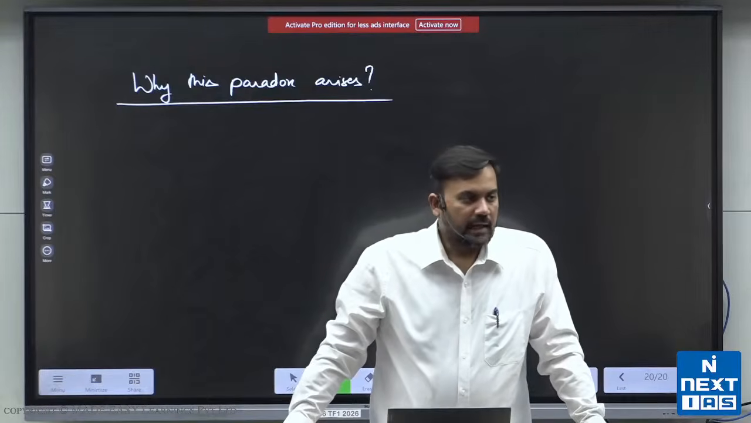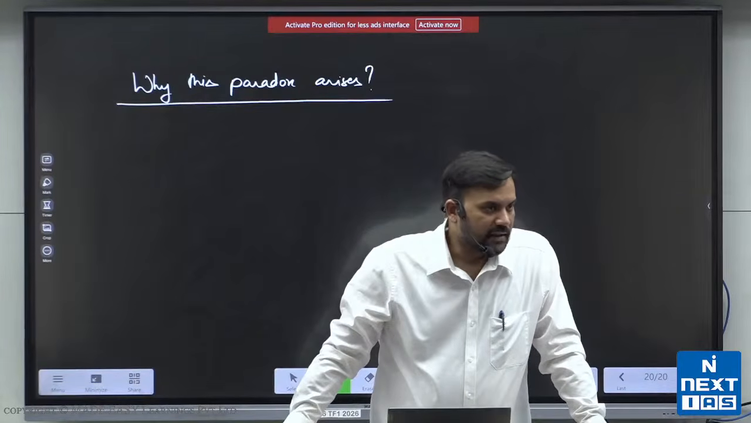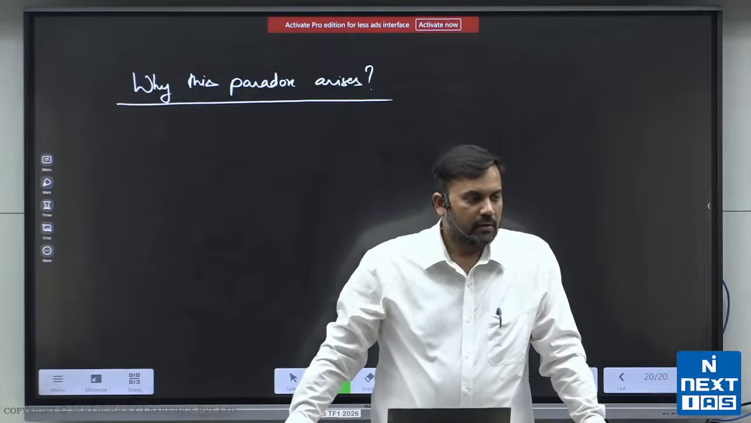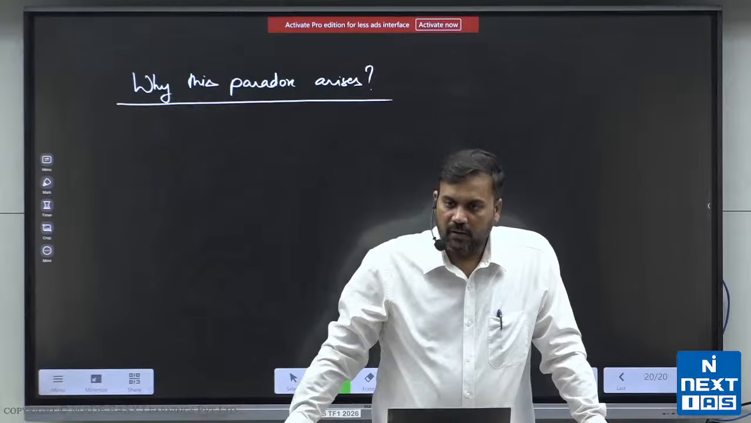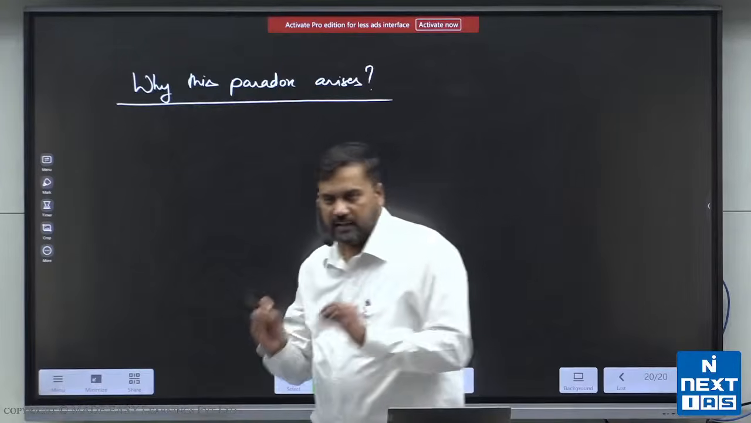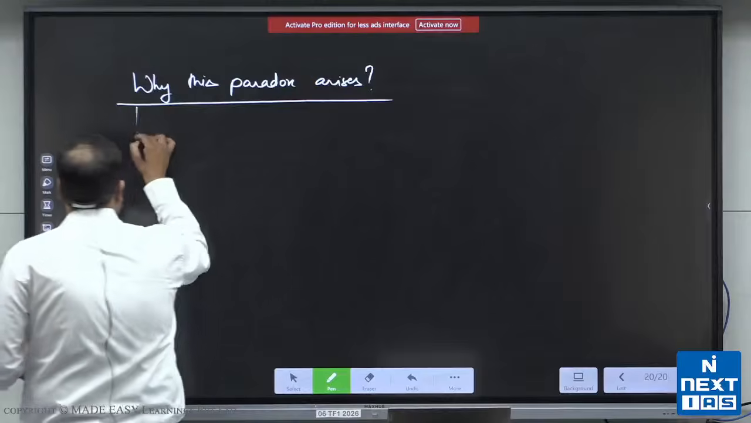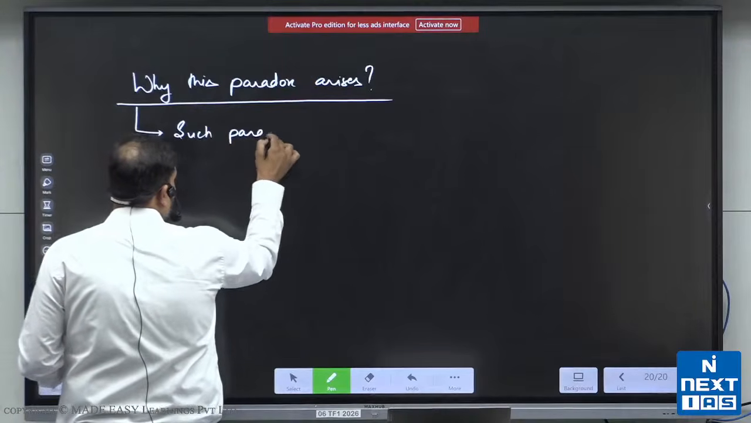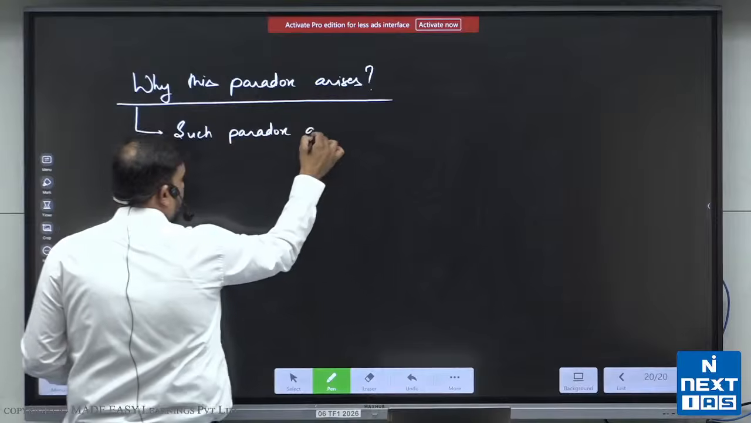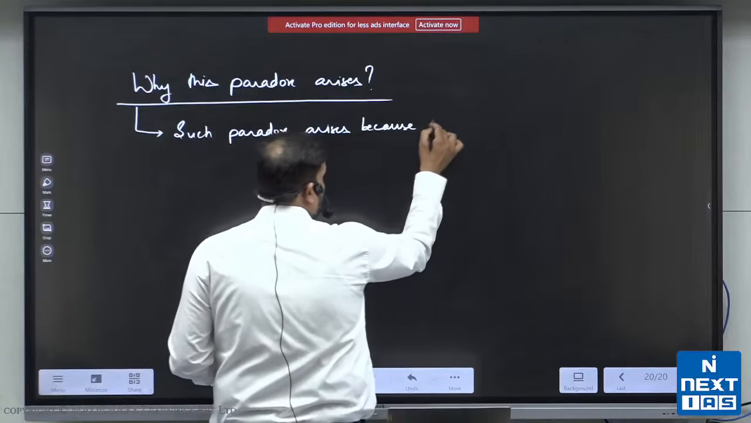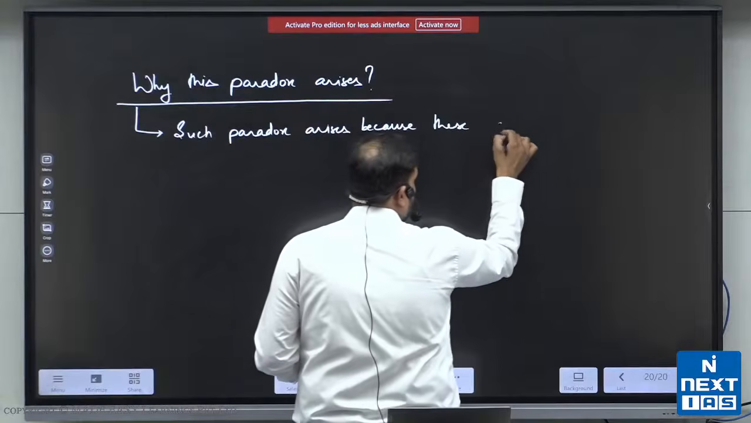Okay? And if you talk about population density, it is a very vague concept which tells us about the pressure of population on land or resources. Okay? So why does this paradox arise? Such paradox arises because these concepts,